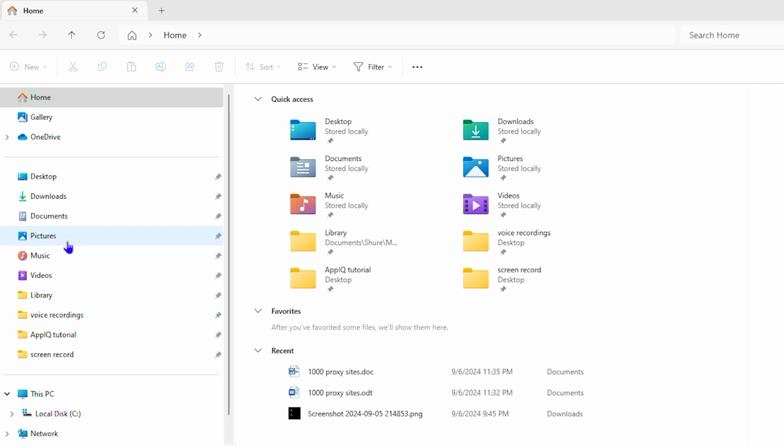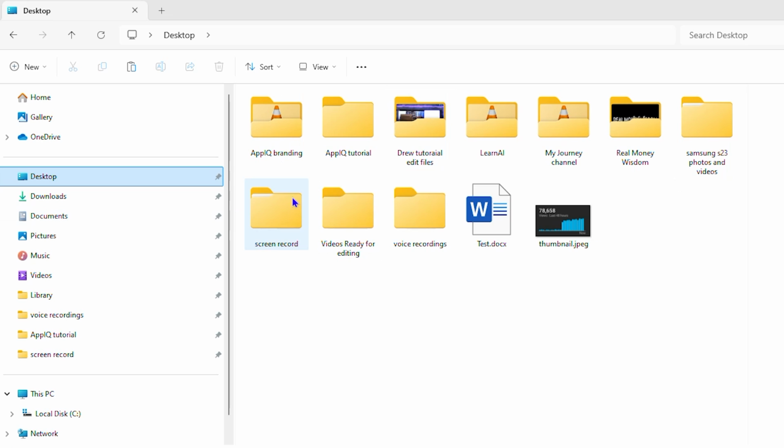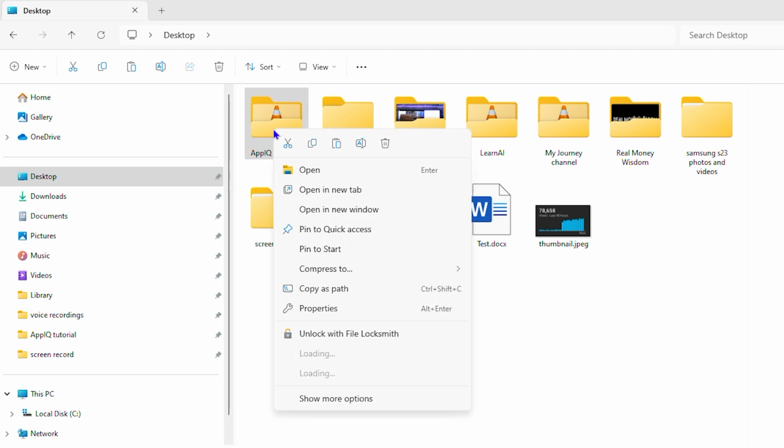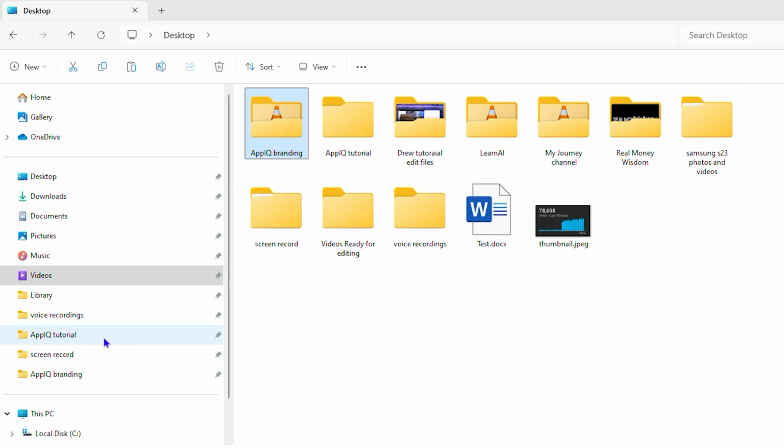So you first and foremost want to find that folder. So let's say I go to my desktop. I have a bunch of folders there, right? And let's say I want to add this App IQ branding folder here. All I have to do is right click on that folder and you will have the option that says pin to quick access. Now once I click on that, you will see that it's added towards the left hand side